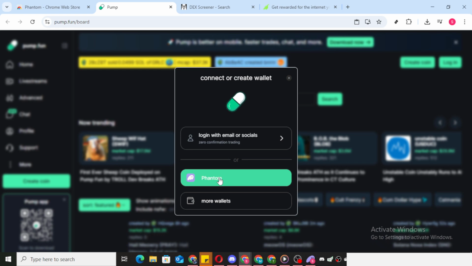The final key step is to follow the on-screen instructions and prompts closely. This confirmation step ensures security and a seamless connection without any hiccups. And there you have it. By following the prompts,